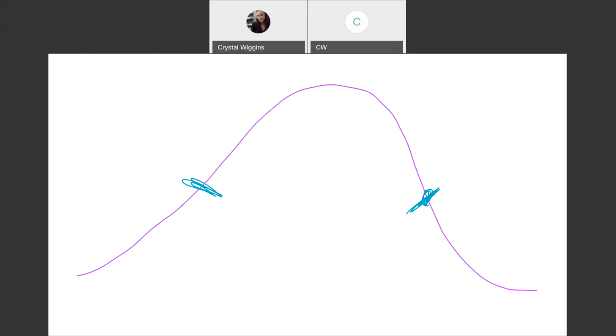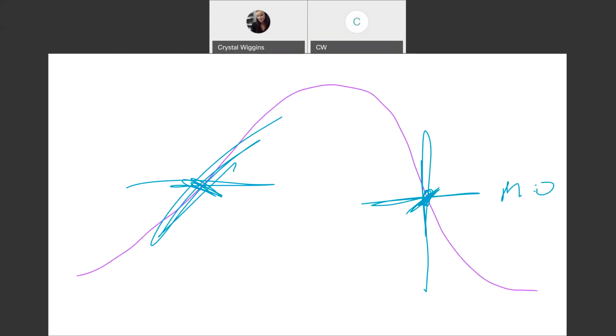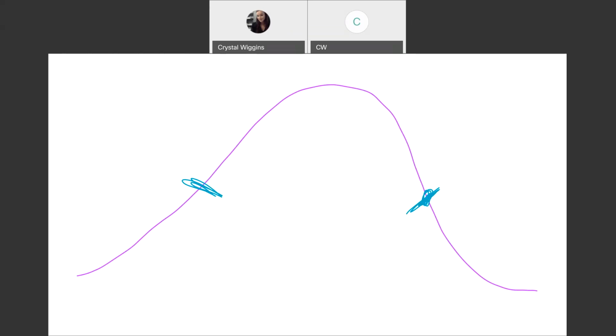We have a point here that would actually give us a slope of 0. And same here, that would give us a slope of 0, although it looks like that would be the tangent line, but inflection points have tangent lines of zeros as well. And what we would notice when we do our first derivative test to properly identify this is an inflection point and not a min or a max,